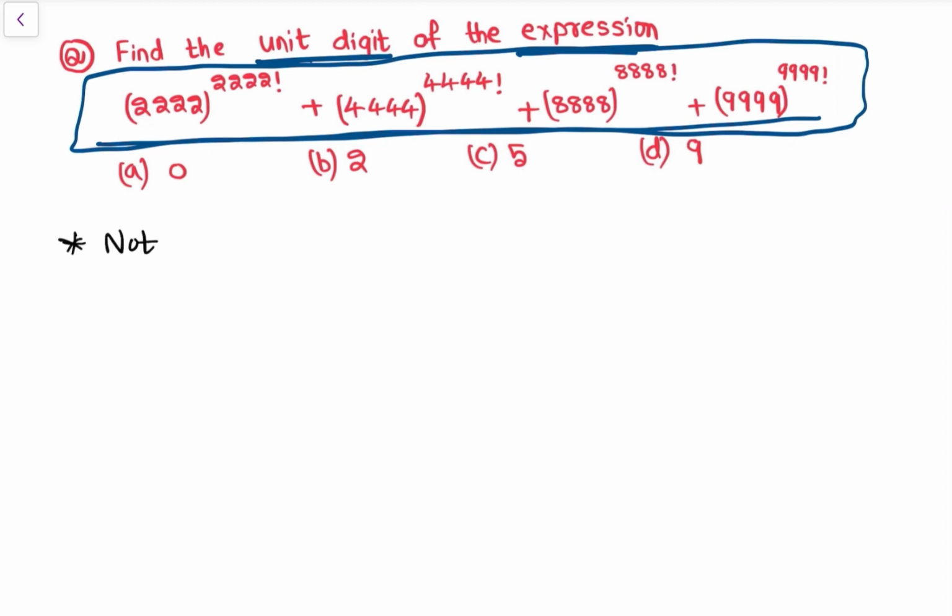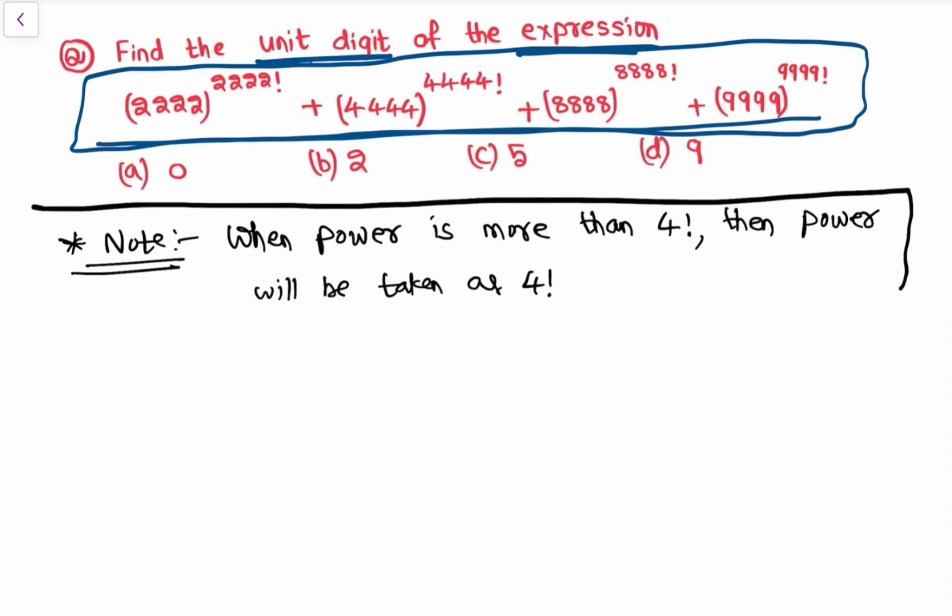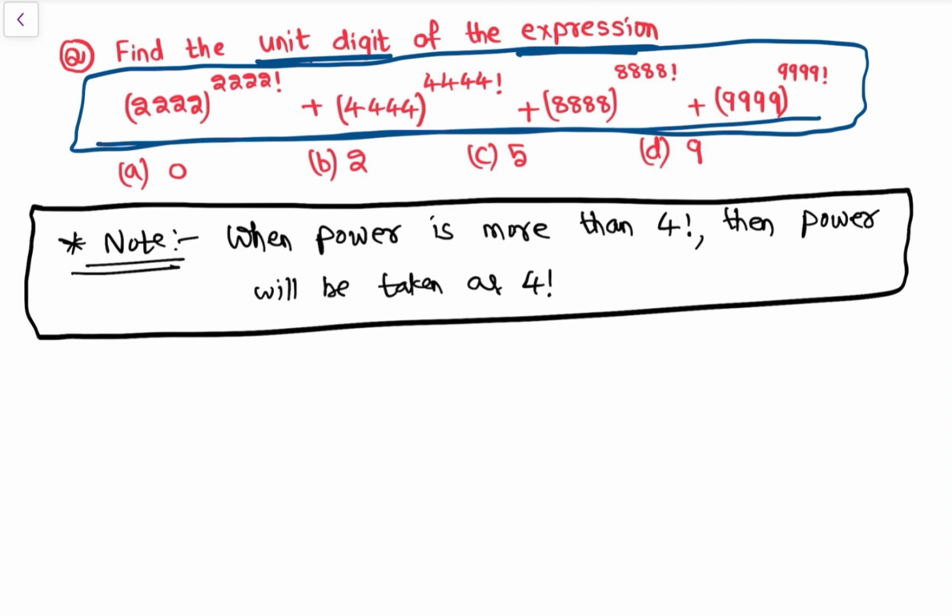So note that when power is more than 4 factorial, then power will be taken as 4 factorial only. When power is more than 4 factorial, then power will be taken